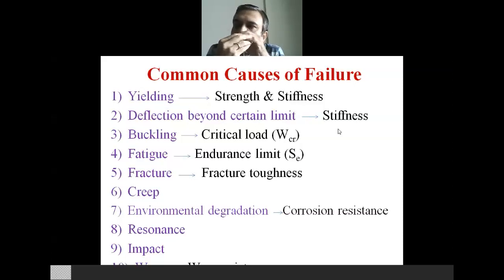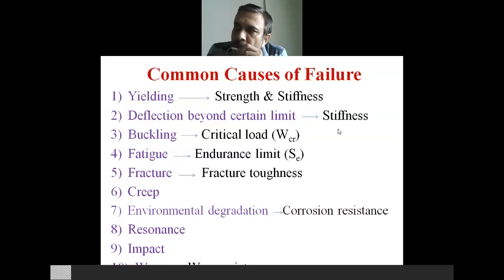At least for this course, you don't have design against fluctuating loads. In the next course, that is MD2, you will come across design against fluctuating loads. So you'll find Se is the endurance limit, which accounts for all different factors. You have almost 5 to 6 factors multiplied by the ultimate strength. That will be the endurance limit of that particular material.